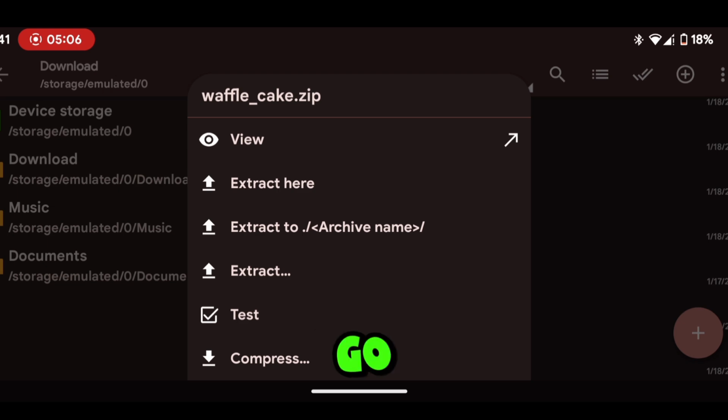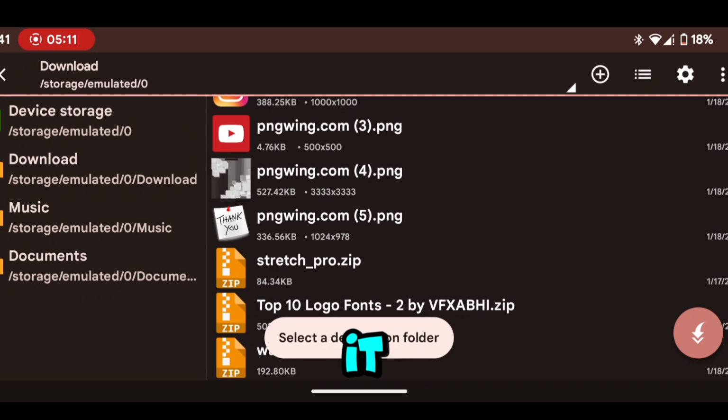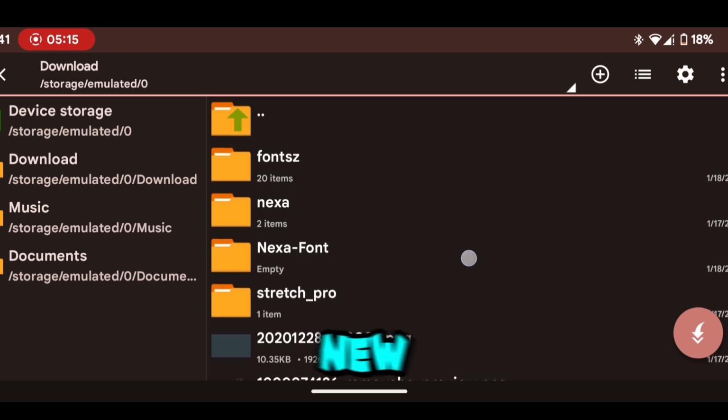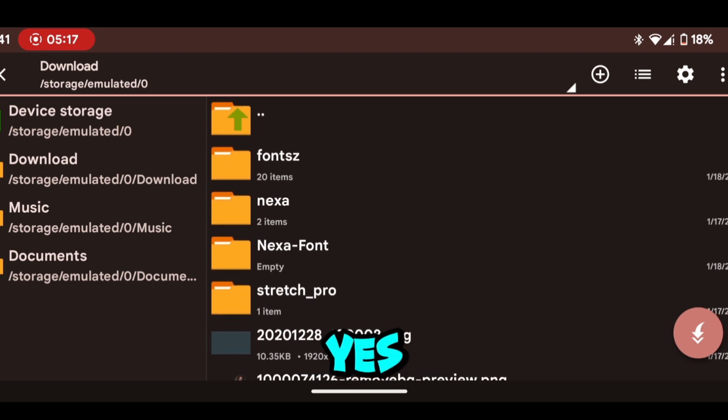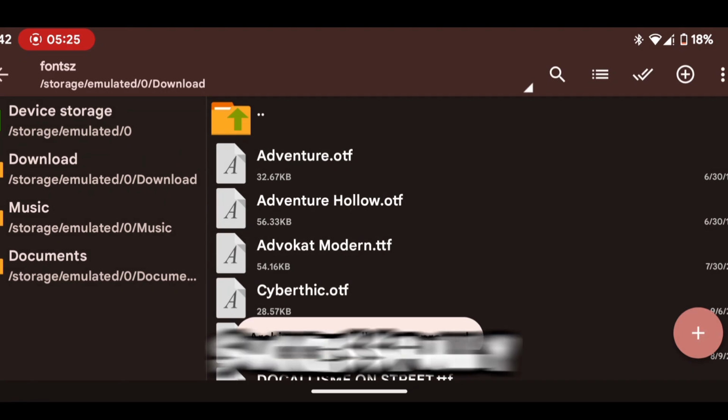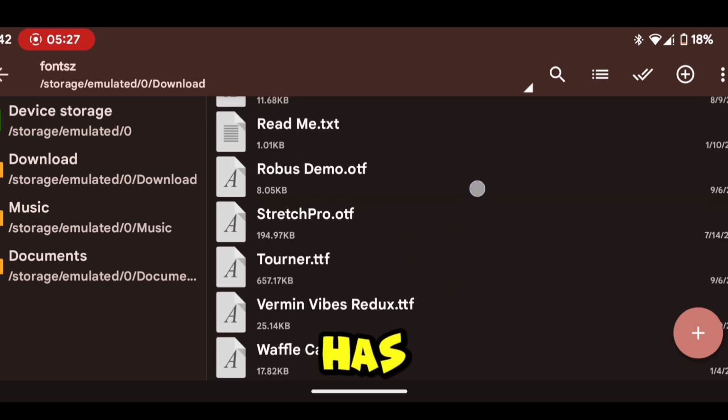Archiver name, go to the extract one. Yes, extract. Then click on it. Then locate the new folder you created, the new folder you named fonts. Yes, locate that one, tap on it, and then you see this drop arrow over here. Click on it, and then successfully the font has been installed